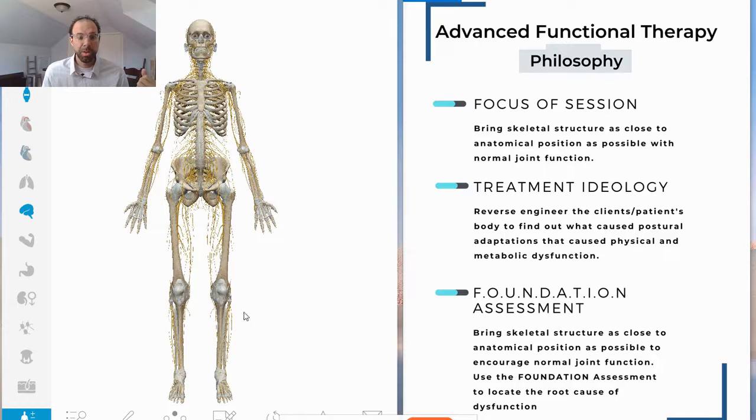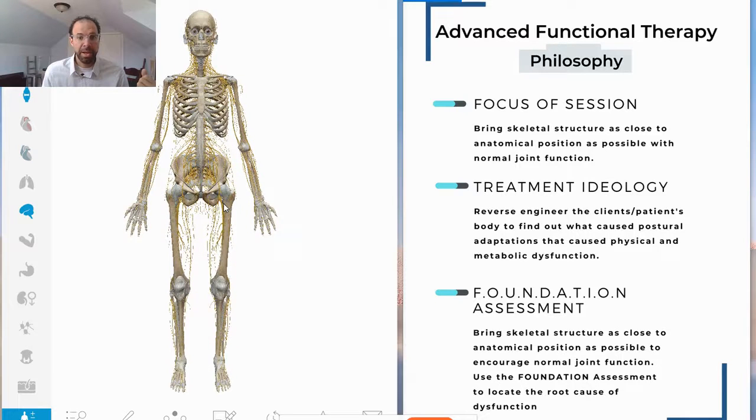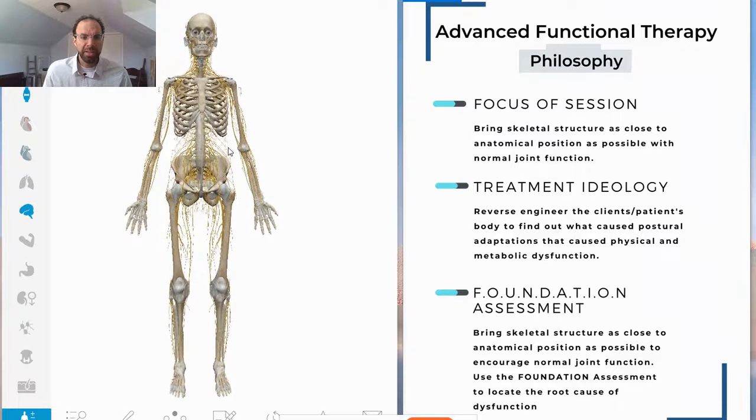So I'm going to assess them and look at them, and then I'm going to go to what's called the foundation assessment, where I'm taking in all the data of where do they work, what do they do physically throughout their day, what are they doing in their sleep, are they moving, are they not moving, what is their diet intake like, do they have any foods that could be causing more inflammation or irritation. So there are different questions that I'm going to ask them to really see the patterns of,